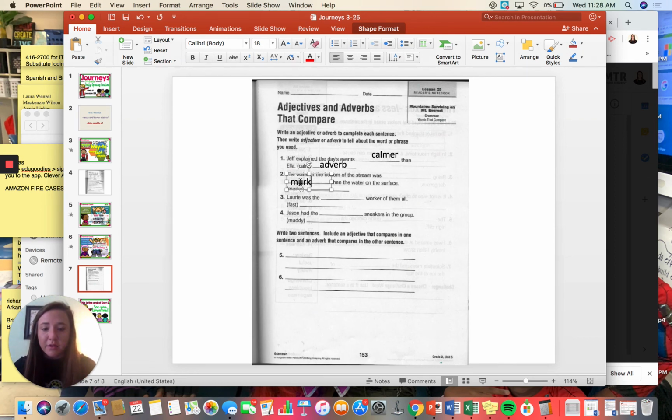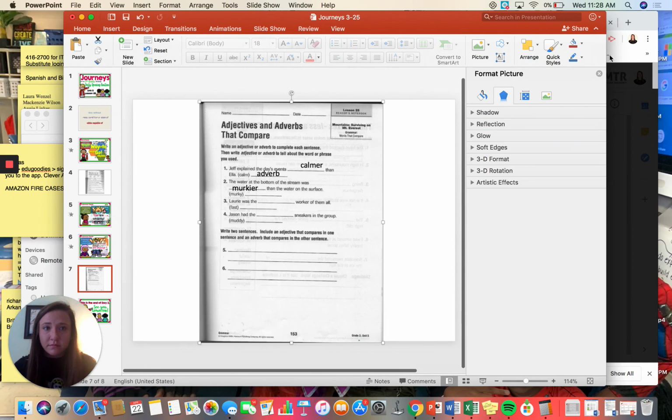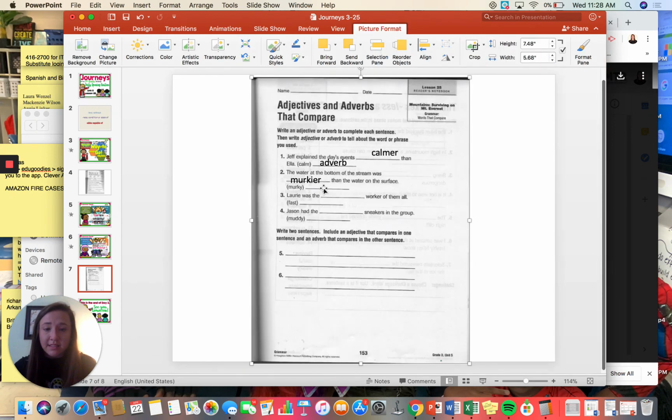I need to drop the Y, add the I, and ER. Murky is describing the water at the bottom of the stream. It is not describing an action. It's describing a noun, the water. So is it an adjective or an adverb? It's an adjective, so you should write the word adjective in this blank. Do the same thing for problems 3 and 4, and then I want you to